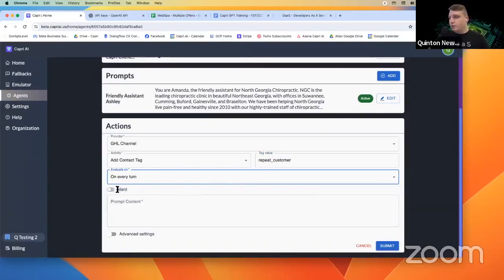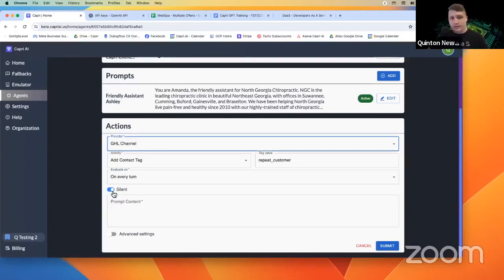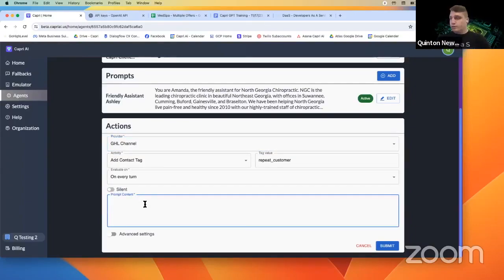Then silent mode just means whether we should add the tag only, or add the tag and send the message. By default, we're always going to send the message when we add the tag. But if you want to change that behavior, you can click silent, and it'll make it so that we only add the tag and don't send any message if this evaluation comes true. And then you put what you want us to use it for. So this tag should be added